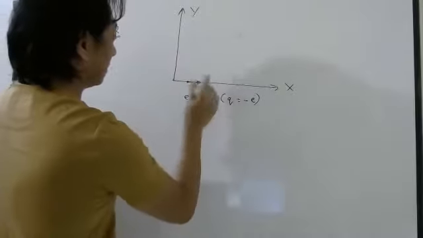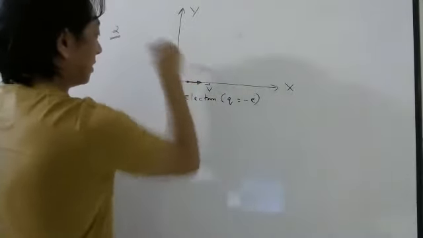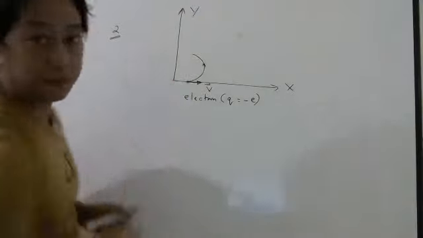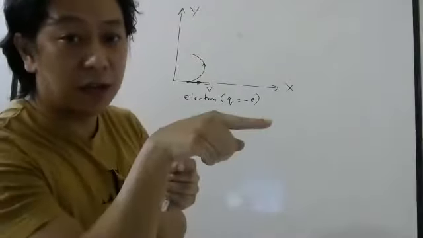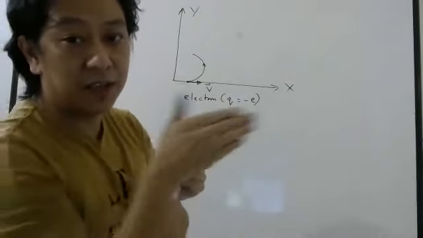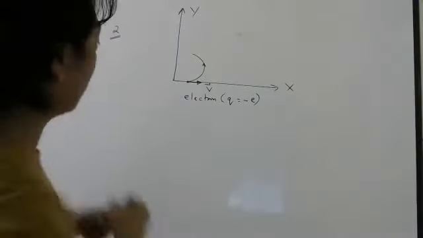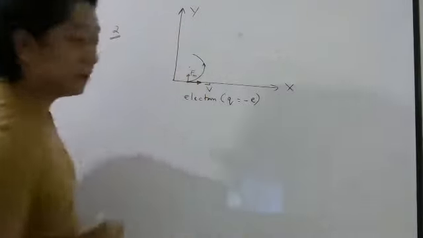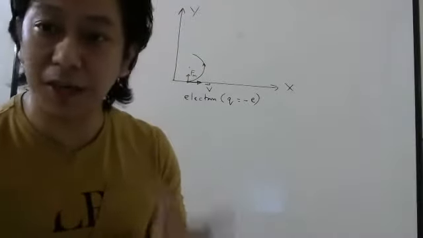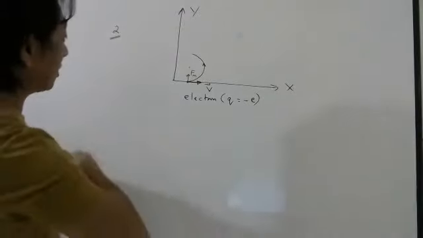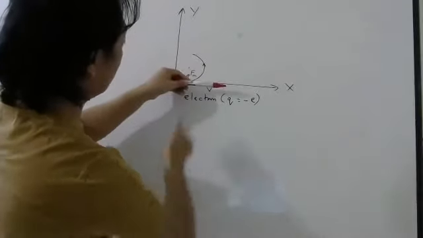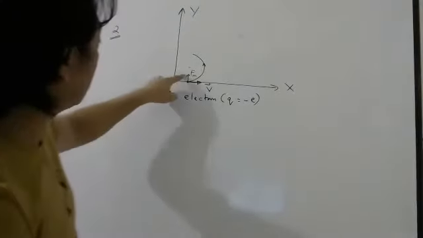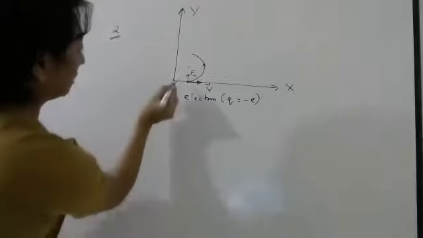So it should look like this. Anti-clockwise means like this, right? Like this. So the charge should move this way. Okay, now look here. If you are going this way and you want to turn this side, then there must be a force in this direction, because this is the center. Right? Magnetic force is the one which provides the centripetal force in this problem. So the electron is moving in this direction. Force should be this way, along positive y-axis.